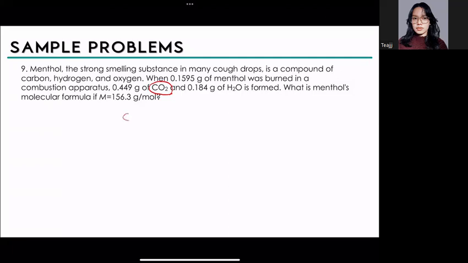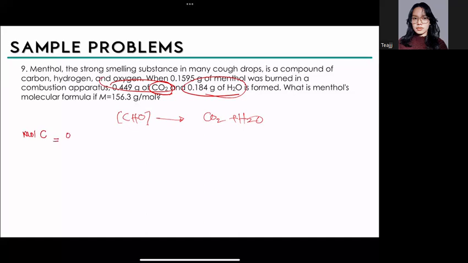Okay, so whatever proportion of carbon, hydrogen, and oxygen is there, it produced carbon dioxide and water. What will we do? Since we're already given the masses of carbon dioxide and H2O, we need to determine the amount of